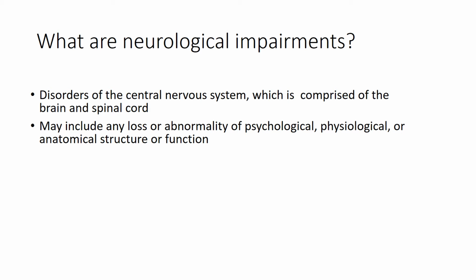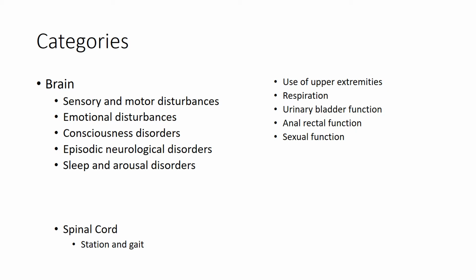What are neurological impairments? How do we define this? Well, they're disorders of the central nervous system, which includes the brain and spinal cord. It may include any loss or abnormality of psychological, physiological, or anatomical structure or function. The categories include problems in the brain or the spinal cord. In the brain, this can create sensory and motor disturbances, emotional disturbances, consciousness disorders, and episodic neurological disorders, and sleep